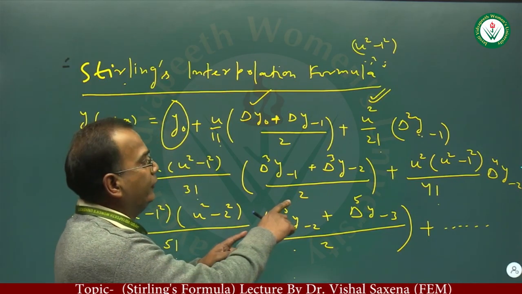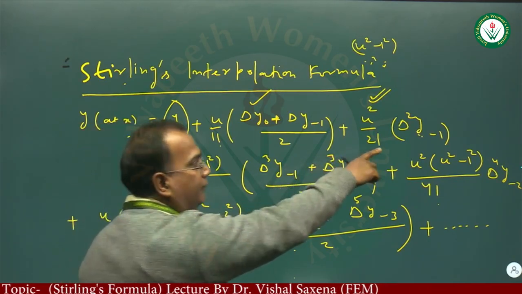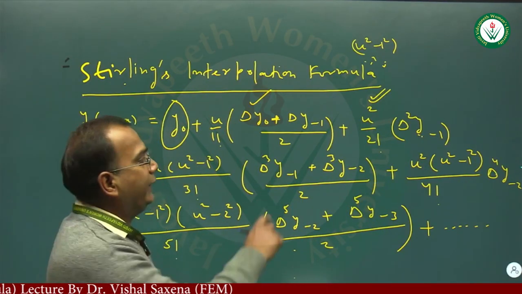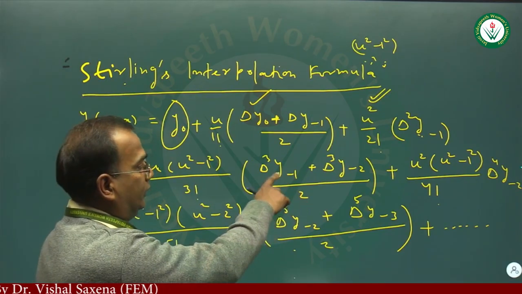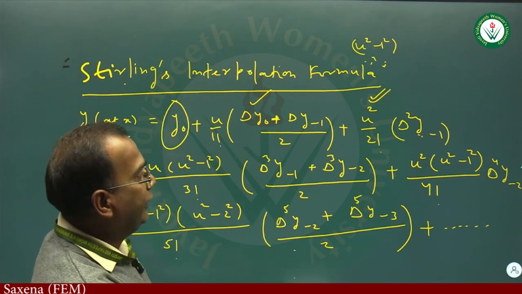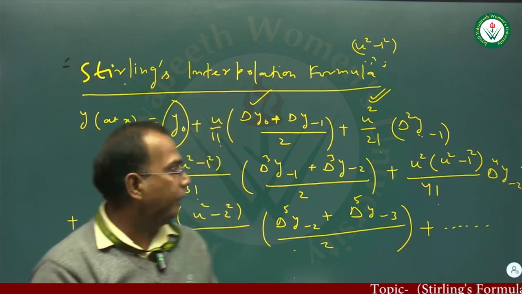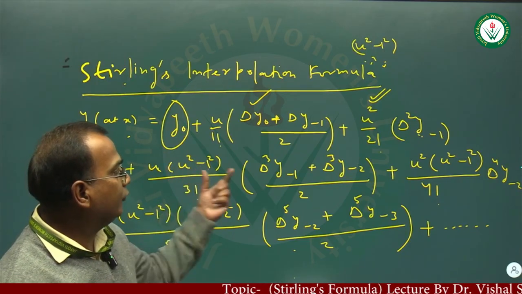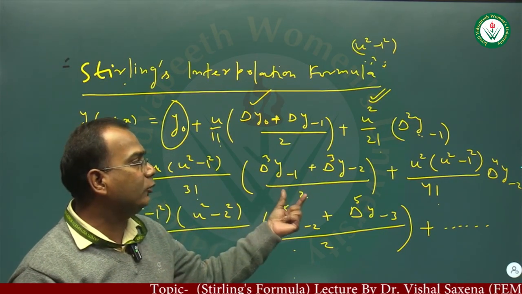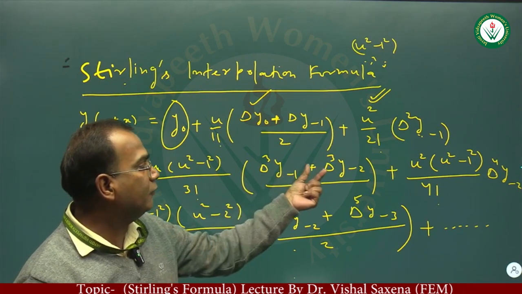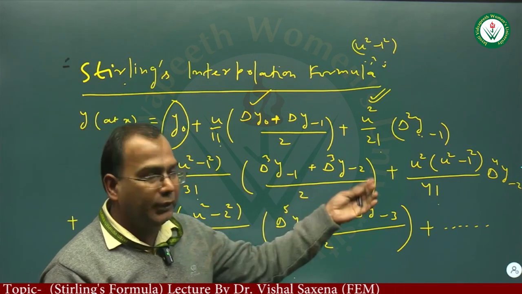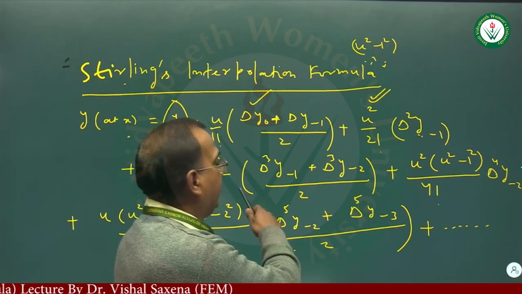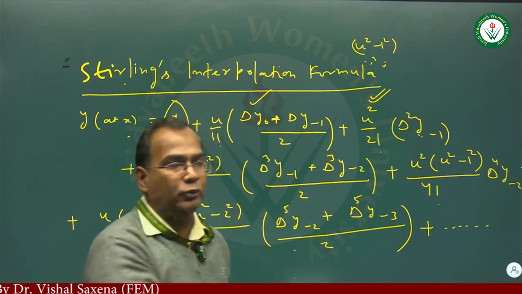Again you see this one here, because the last term is del y minus 1 there, so we have started with this term y minus 1, and then here it is del cube y minus 1, so the next term will be del cube y minus 2. Again, when the polynomial of u is of odd power, we have to take the average or the mean of the two terms. So del cube y minus 1 plus del cube y minus 2 upon 2, and in this way this formula goes on.